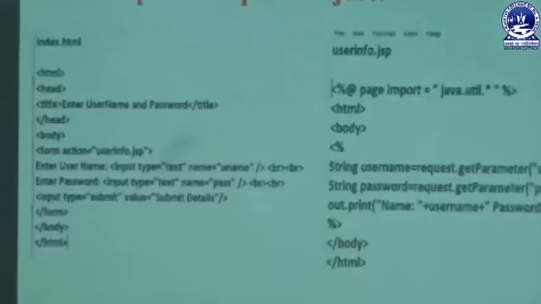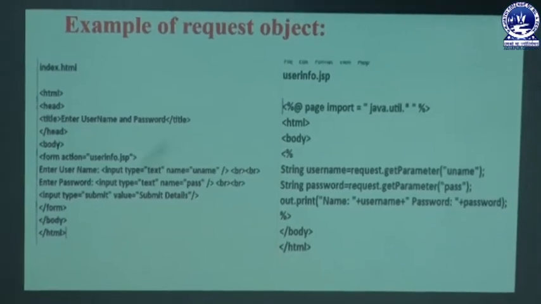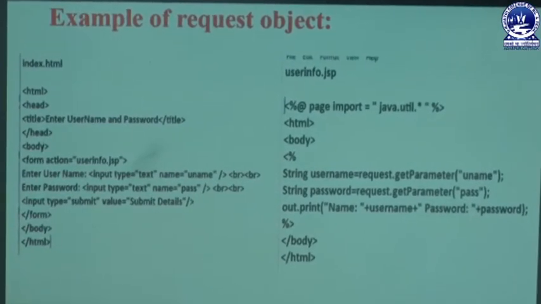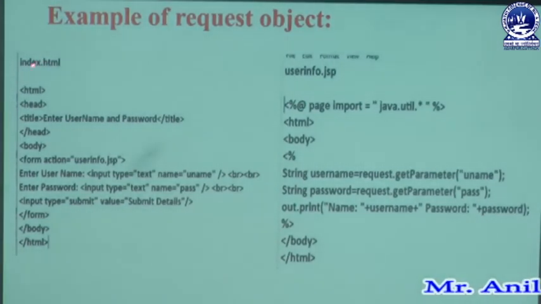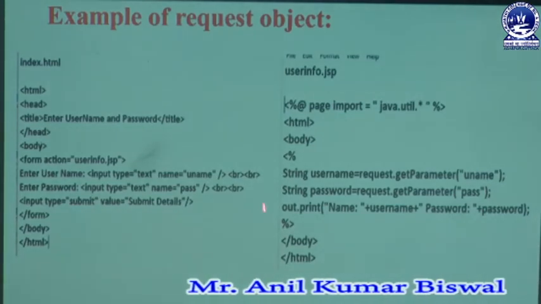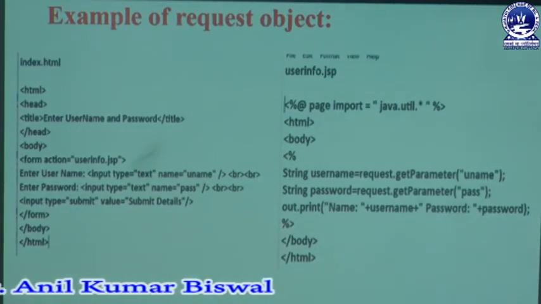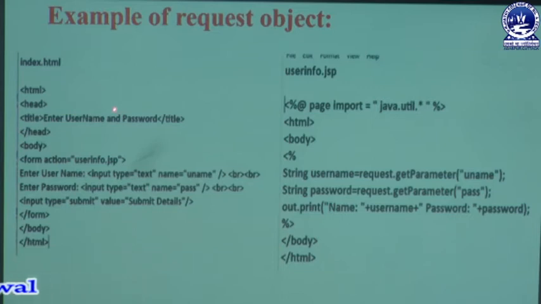Then we are learning what the different relevant examples are related to this topic. Now we can focus on the slide. Here we are going to discuss some relevant examples related to this topic. That means using that request object, we are going to create a program. That is known as a source program and a server side program, meaning a destination program. And we are making a link between this index.html file and the userinfo.jsp file. By using this linking, we can easily forward some message or command from this file to that file.